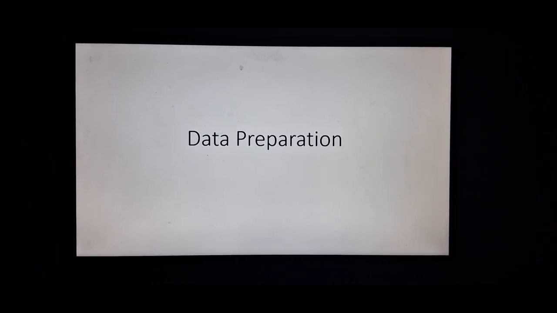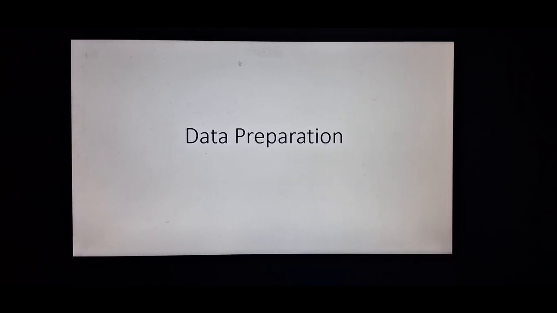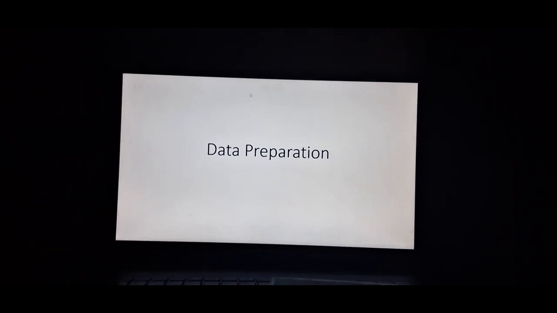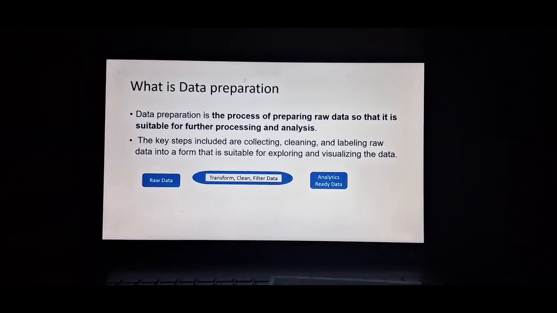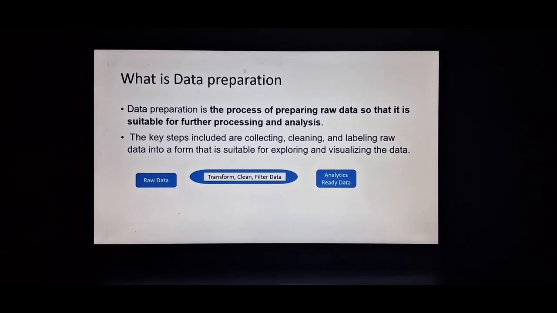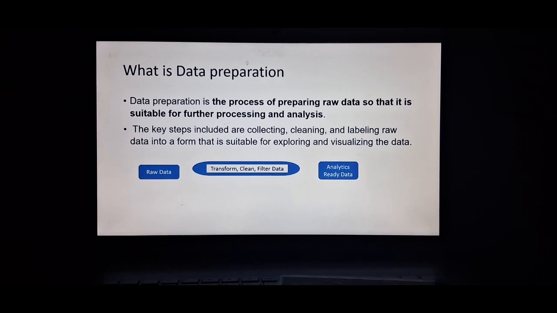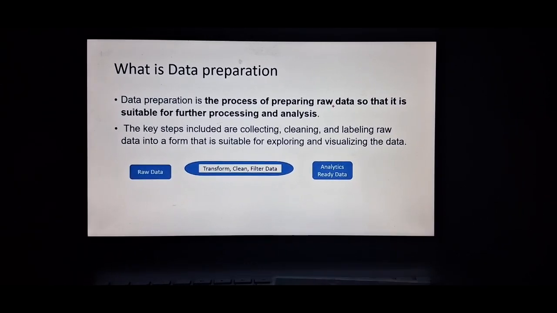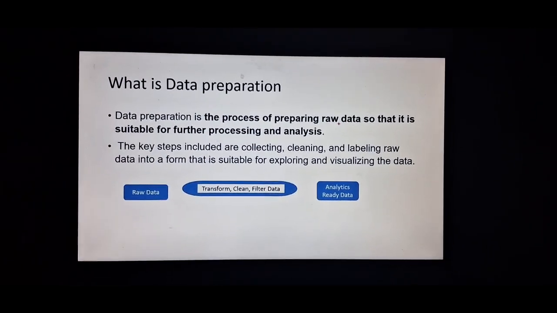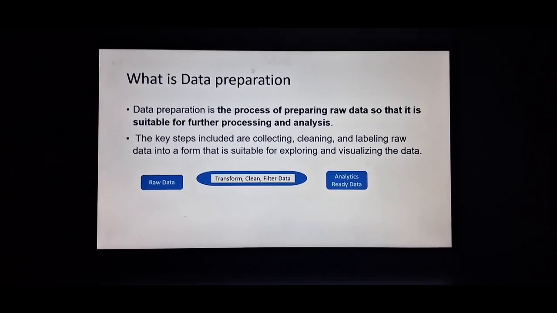In this session, we'll learn about data preparation. We'll try to learn what is data preparation, and why we use data preparation, with some examples. So what is data preparation? Data preparation is a process of preparing raw data so that it is suitable for further processing and analysis. The key steps include